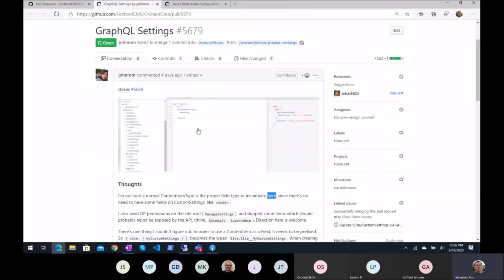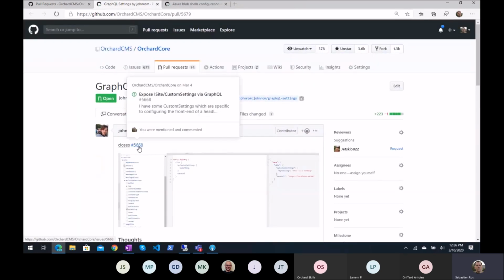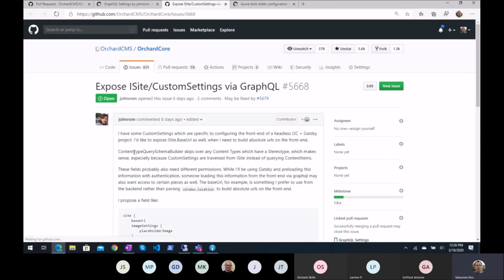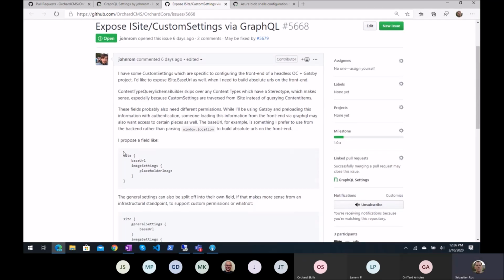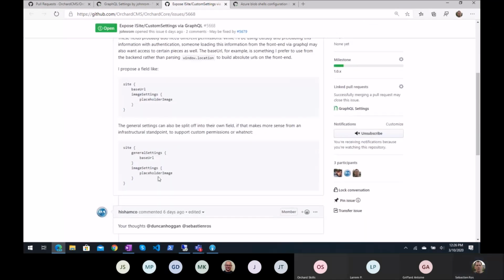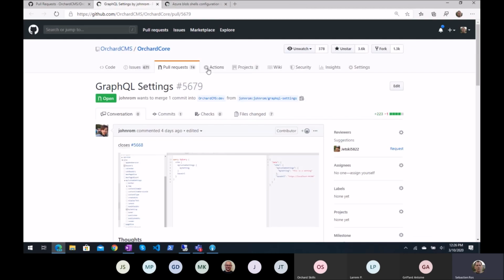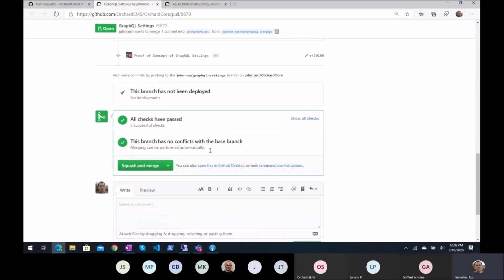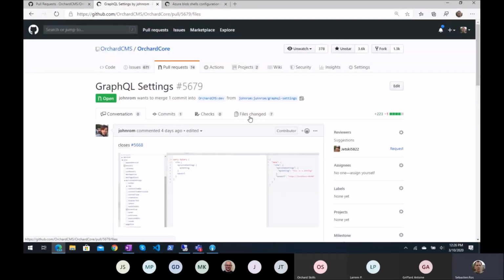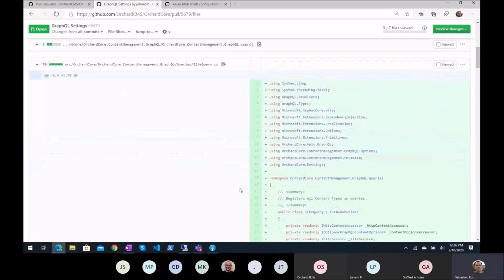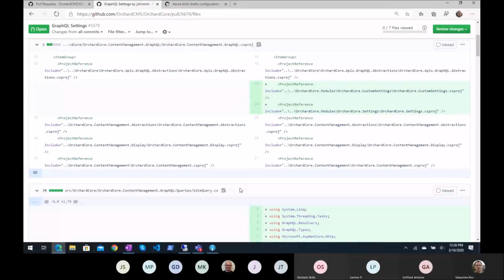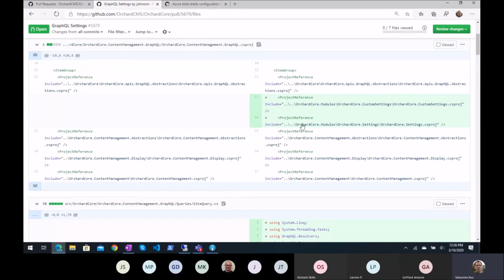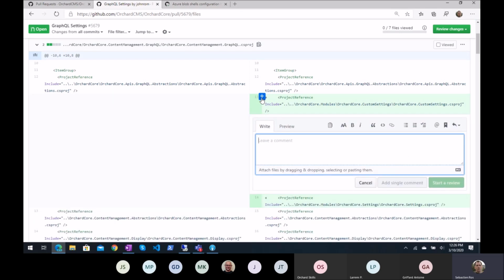Oh, he's implementing, yeah. So he filed an issue last week to be able to export the site settings in GraphQL, as long as there is a permission, I said. So this is a PR for that. That won't work because you can't reference